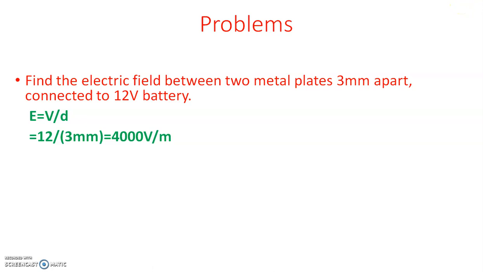From this definition of electric field only, we are writing the unit as volt per meter. You can see E is equal to V by D. What's the unit of potential difference? Potential difference unit is V and distance unit is meter. So you will get the unit of electric field as volt per meter. In the previous chapter I told you, when we discussed the unit of electric field, one unit is Newton per Coulomb, another unit is volt per meter, that we will discuss later on. So now you might have understood.